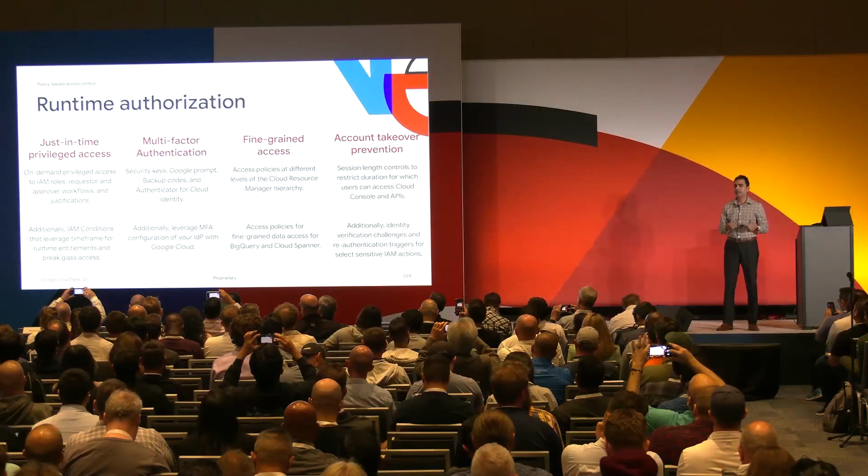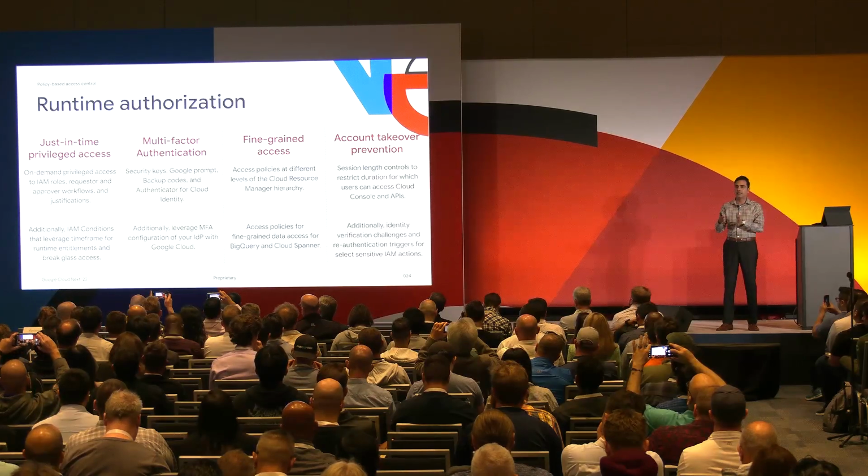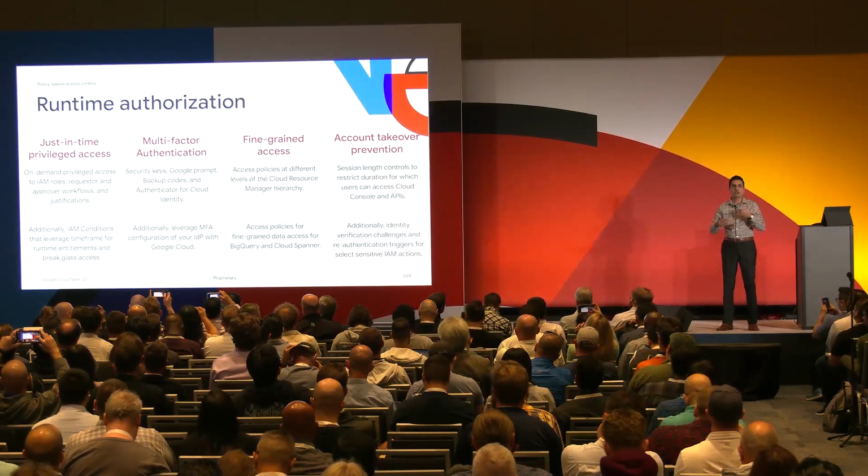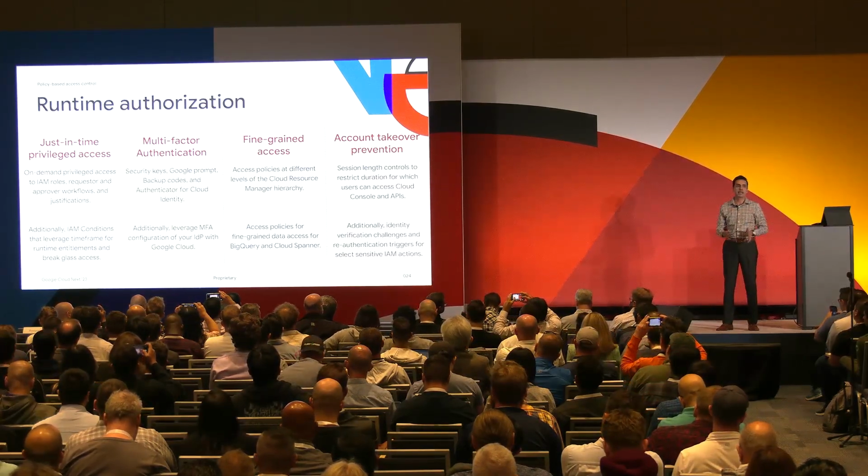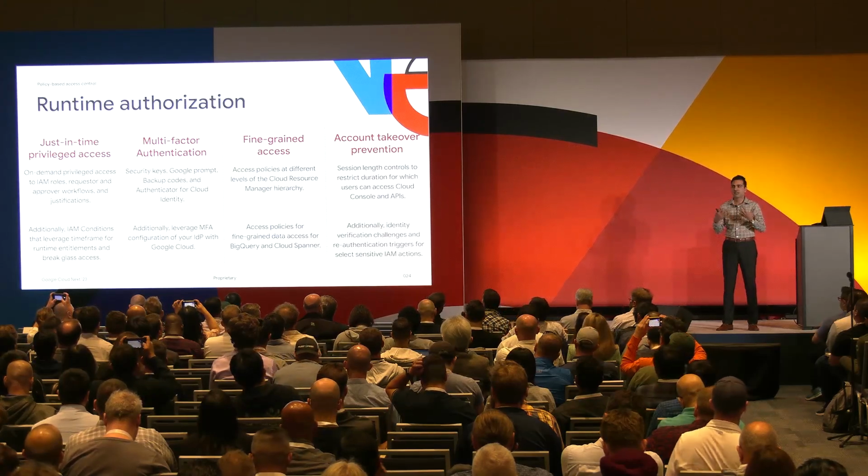Now, when it comes to runtime authorization capabilities, this is a spectrum of capabilities. Now, unfortunately, the way we've all traditionally implemented these capabilities is that we tend to implement them in silos, and we need to start moving away from that. All of the identity and access management systems need to talk to each other, because when an identity threat is in progress, that telemetry that's unified across IAM is what can help you protect your IAM systems and your cloud